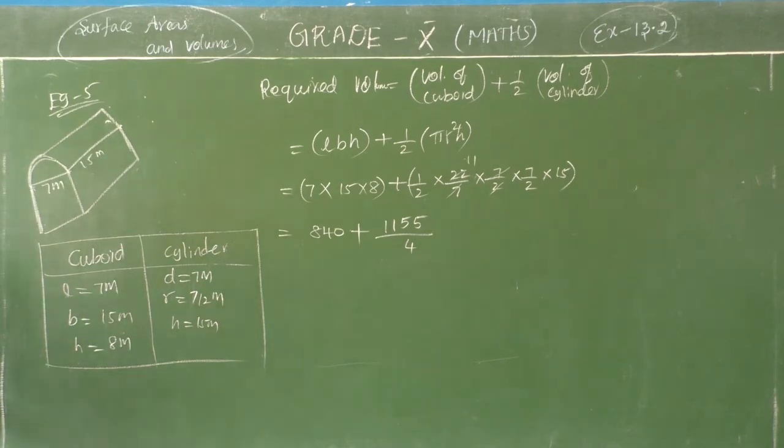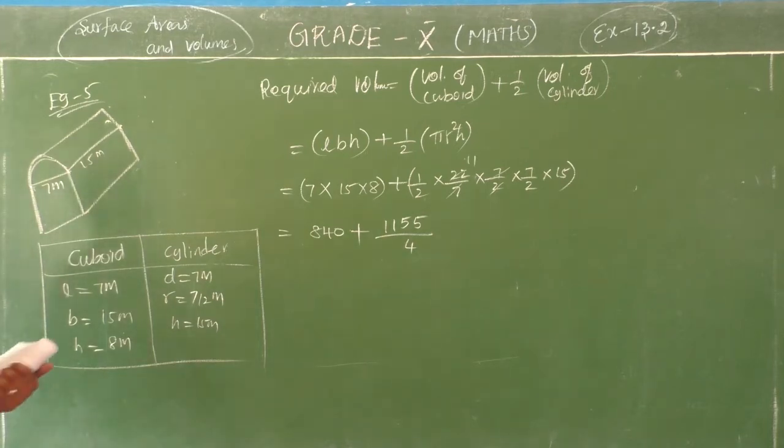Now I'm going to divide 1155 by 4. 2 4's are 8, remainder 3, so 35. 8 4's are 32, remainder 3. Again a 5 will come here. So 8 4's are 32, remainder 3. So take one decimal to get 30, 7 4's are 28, remainder 20, so 75.